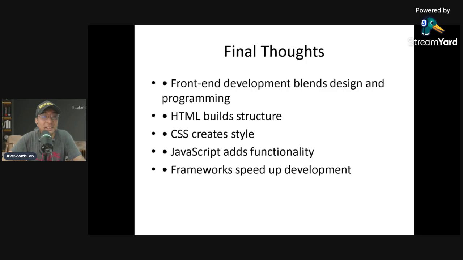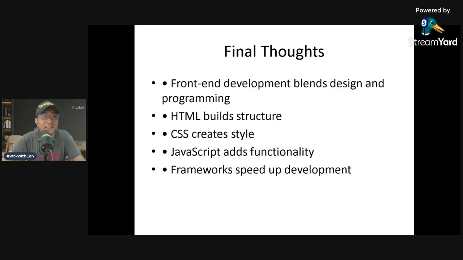The core technologies include HTML, which builds the structure, CSS, which creates the style, and JavaScript, which adds functionality and interactivity. The modern tools that we are using now are React, Angular, Vue, Sass, and Less. React is owned by Facebook.